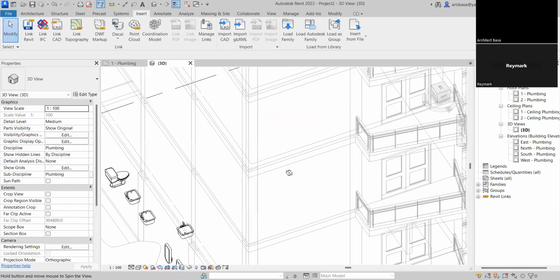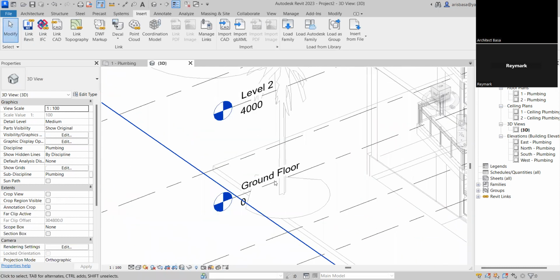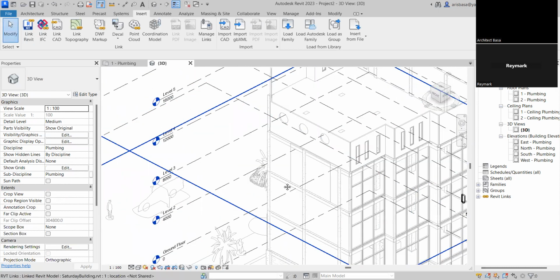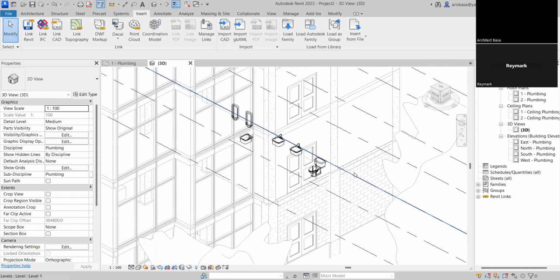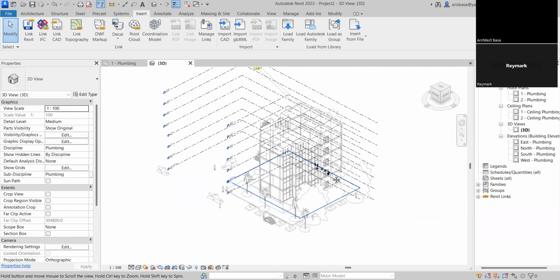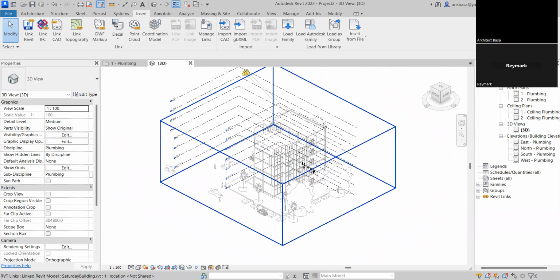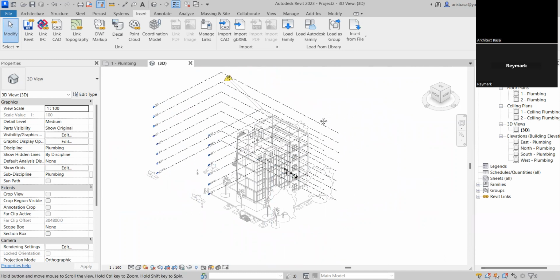And then you can see your fixtures right there. So the question is, can we also just copy monitor the fixtures that are placed in the architectural model into the plumbing model? Yes. But the problem is, you'll find out now. Okay, so let's do the same. We will be copy monitoring,